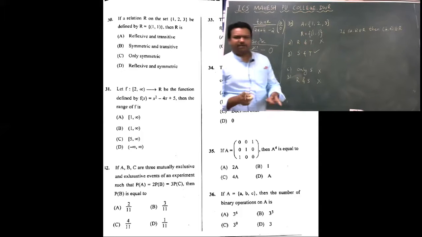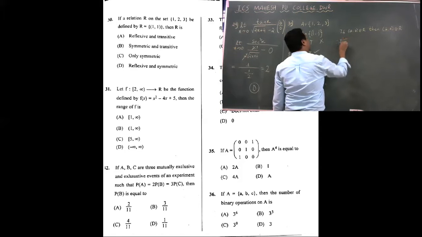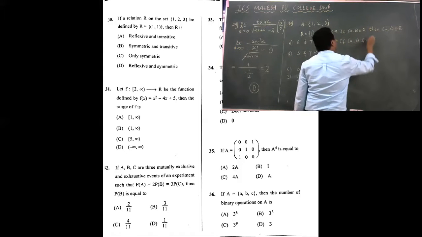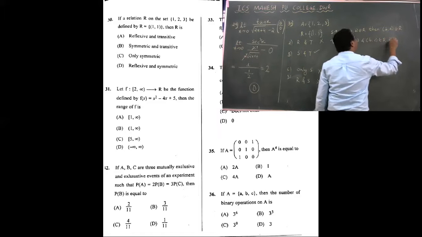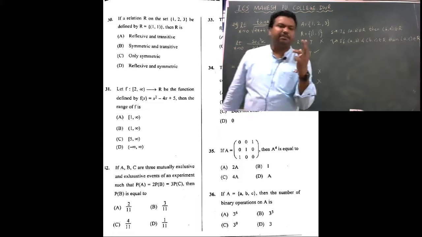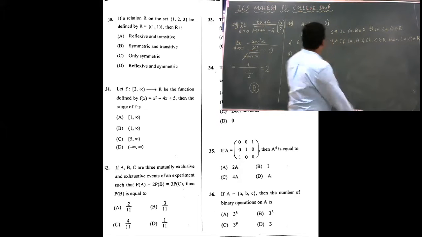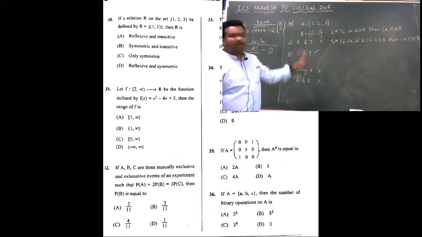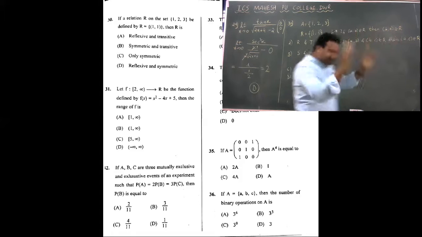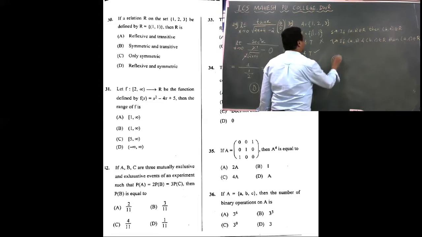Here we have 1, 1, and if you interchange it, it is again 1, 1, so it must be symmetric. Why is it transitive? If a comma b and b comma c belong to R, then a comma c belongs to R. To check a transitive relation you need a minimum of 2 inputs: a comma b in the set and b comma c in the set. Here there is only a comma b, there is no b comma c. As there is no input, there is no question of asking for a comma c. Hence, by default, this must be symmetric as well as transitive. Hence, the right choice is option B.